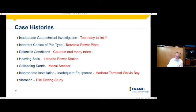I'm briefly going to present a few case histories highlighting most of the problems encountered in the previous slide. These are going to be brief, as I say, and are based on my experience on these particular projects. The first case history is incorrect choice of pile type on a Tanzania power plant,